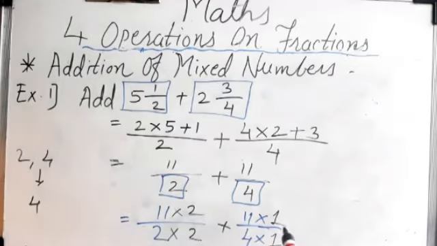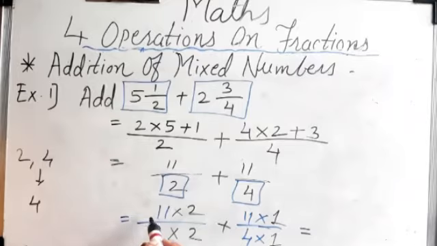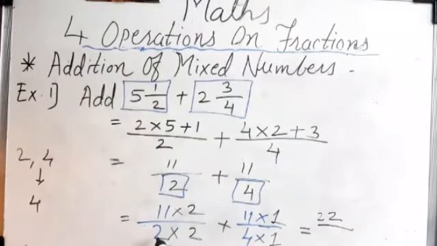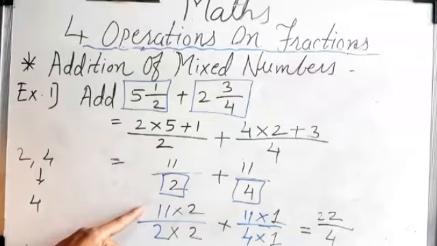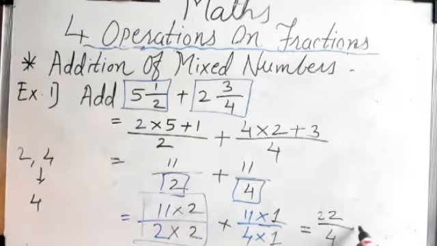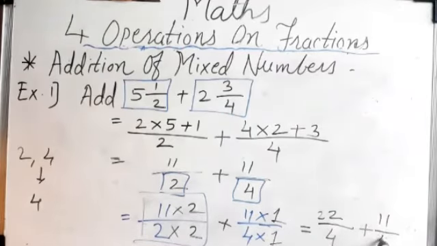That is 11 upon 2, now equal to, I am solving this step here. 11 2s are 22, yes, 11 2s are 22, so 22 upon, 2 2s are 4. See, actually it should come down this step, but no place is there, so I am solving here. So 11 2s are 22, 2 2s are 4. So 22 upon 4, we got the answer of this. Same way, this plus sign as it is here, 11 ones are 11 upon 4 ones are 4.